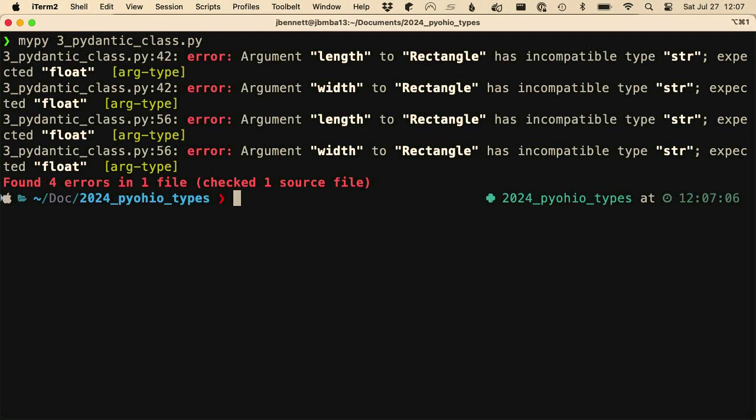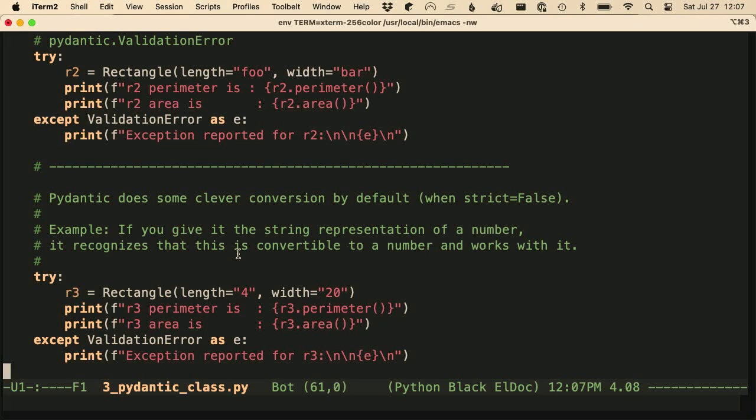OK, so it finds all of the things that we would expect. When we pass a string into the rectangle constructor, it says, hey, what are you doing? You need a float here. And it does that in the case on line 56 here, where Pydantic says, oh, I think I know what you're doing here. I think you want this string to be converted to an int, and so I'm going to give that to you. But again, that's tunable with this strict